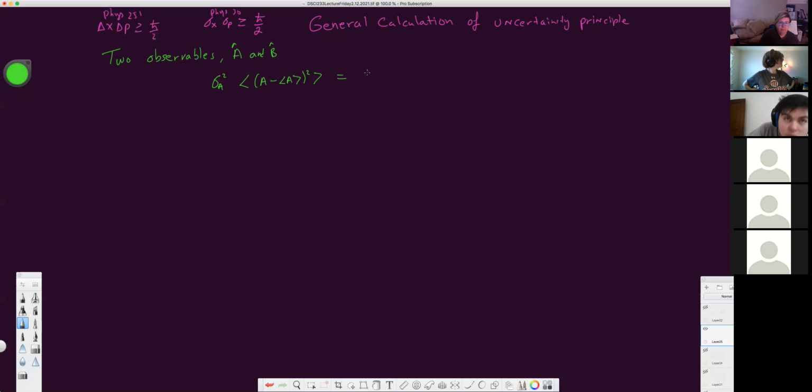I can write this as, pick some psi, and I'm taking the expectation value of the stuff inside. So it's A minus its mean, right, squared acting on psi. And all of these should have hats, but I'm going to leave the hats off because